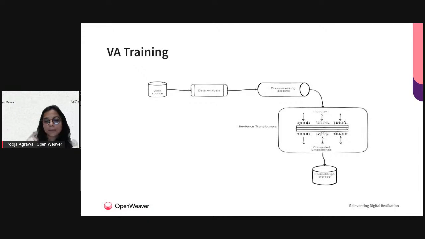This pre-processing pipeline is where your cleaning, or your removing of anything that is not needed, happens. And this is basically also your NLP pipeline that we are talking about. After everything is cleaned and your stopwords have been removed, we pass everything into the sentence transformer.